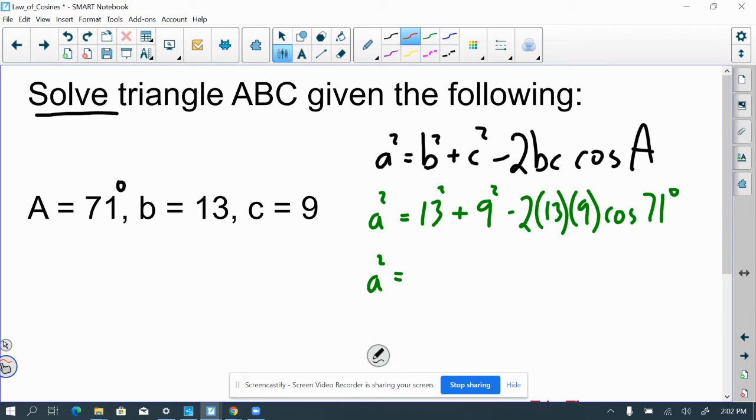Now, I have a huge advantage. This is all just one number. I mean, there are several numbers there, but after I add and subtract and multiply everything, it just boils down to one number. So I'm going to do myself a favor and just put everything into my calculator exactly as I see it: 13 squared plus 9 squared minus 2 times 13 times 9 times the cosine of 71. Enter, and I get